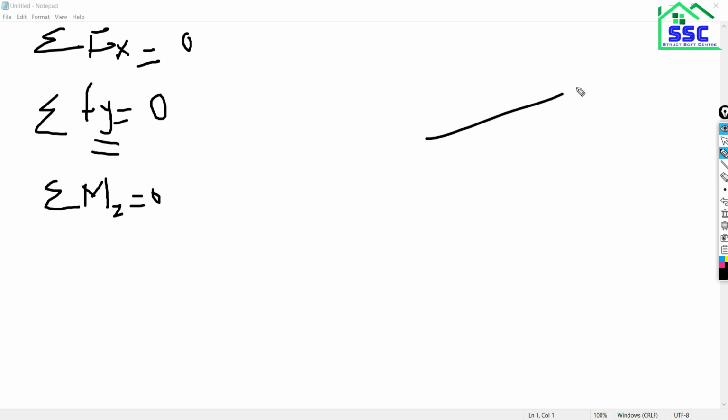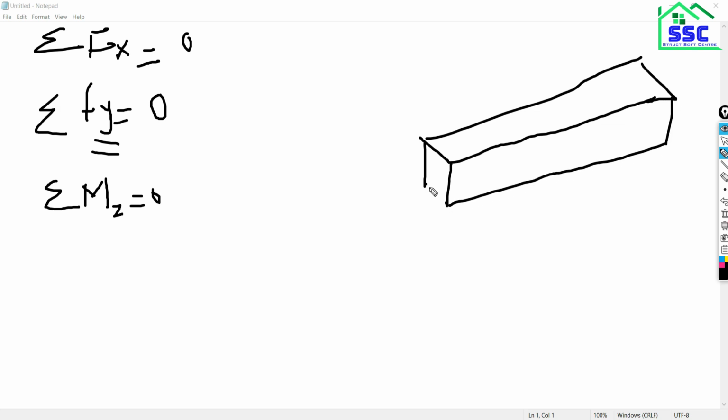So in the 3D view of the beam, as you can see here, this is the beam, this is the axis 1-1, this is the axis 2-2, and the third axis, moment about z, which is out of plane, is represented by ETABS as 3-3.